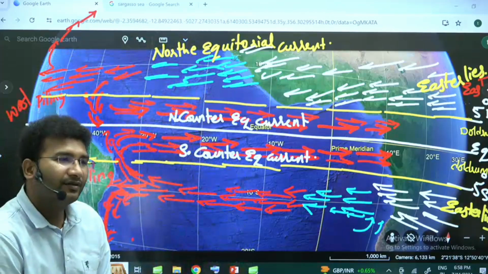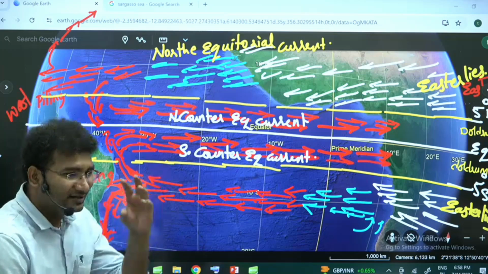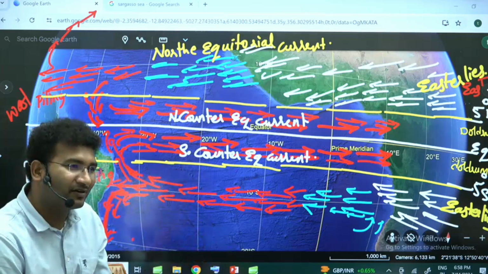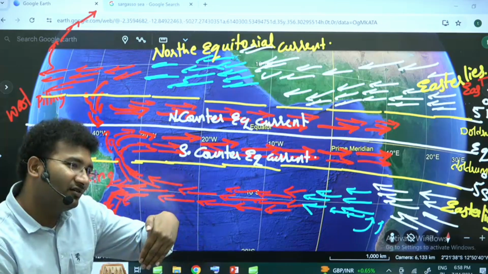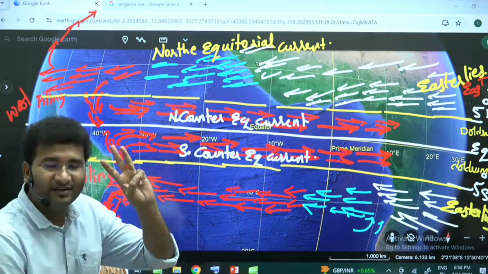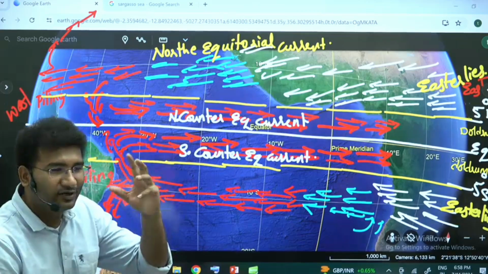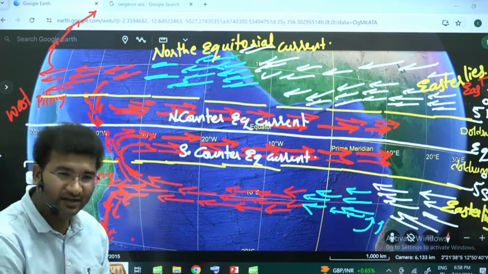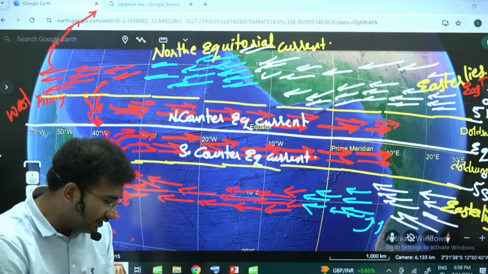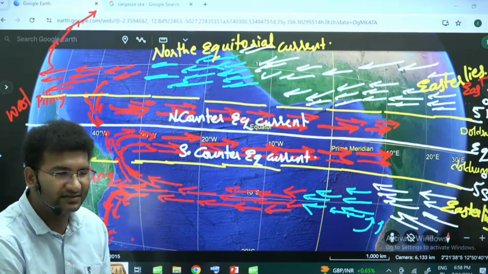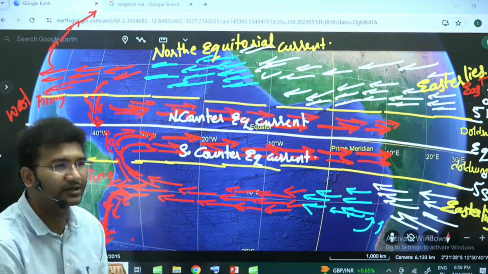See, the beauty of geography is that it is about visualization. You are reading something on plain paper and you try to imagine it two-dimensionally. Until and unless you imagine something in a 3-dimensional view, you will not have that clarity. That is the only problem with geography. The day you realize that you are reading and imagining it in 2-dimensional, you will not have the conceptual clarity. That is the only problem with this subject.